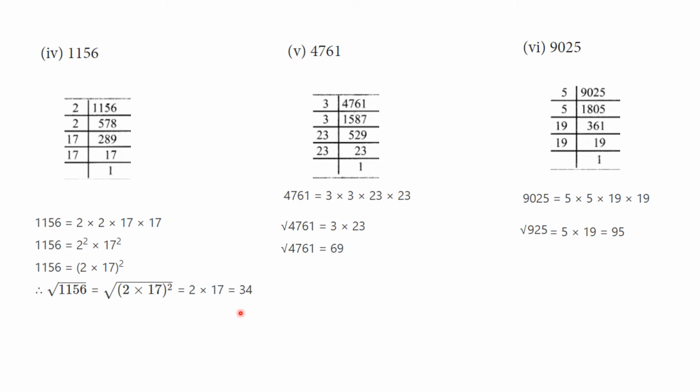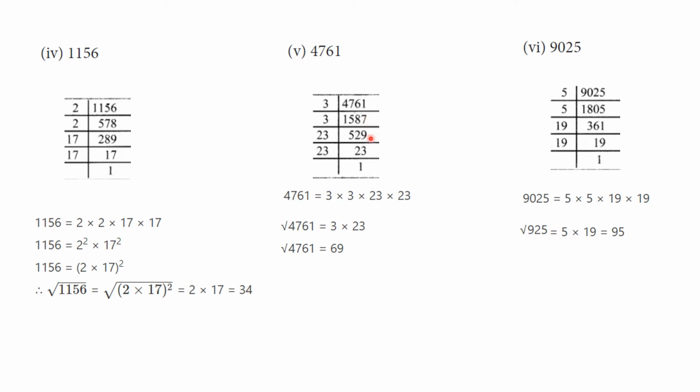Next, 4761. 1 three is 3. Next 17, 5 threes are 15. Next 26, 8 threes are 24. Then 21, 7 threes are 21. Next take 3. The first number is small, so you take 2 digits. 3 fives are 15. Next 8, 3 twos are 6. 27, 9 threes are 27.